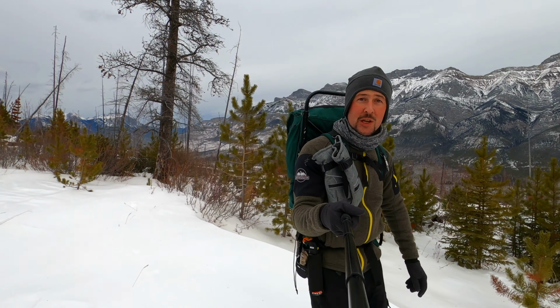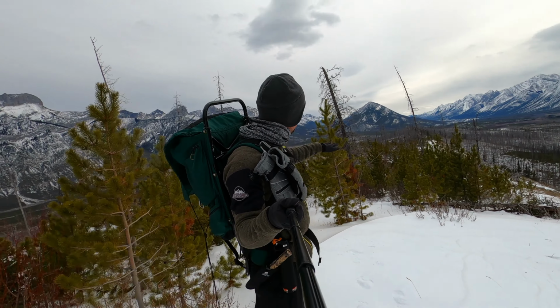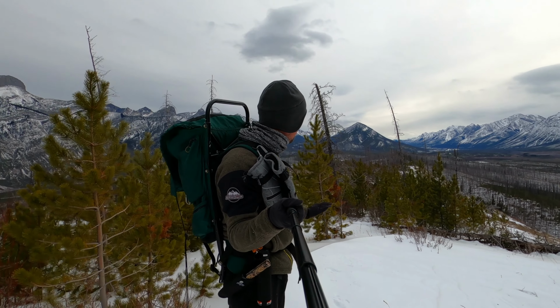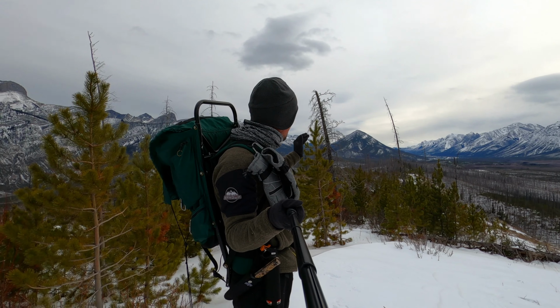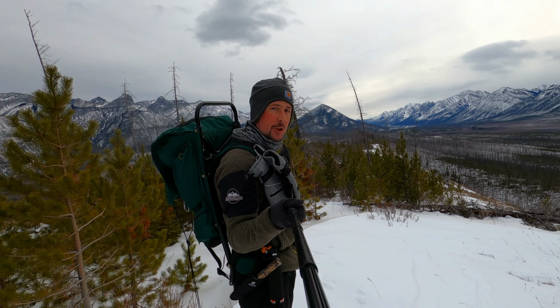I finally hit my objective for today, which is the end of this ridge here. And we're just under 7 kilometers, about, yeah, 6.7 kilometers up here. The ridge here, you can tell it starts to go down and down and down and down. It still looks open. I might keep going down further, but eventually it drops down because the Rocky River turns